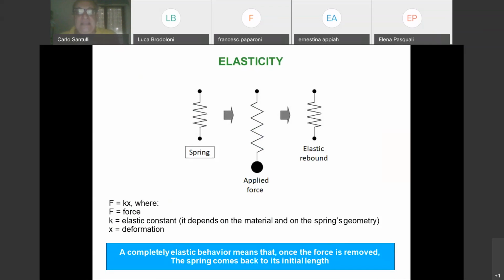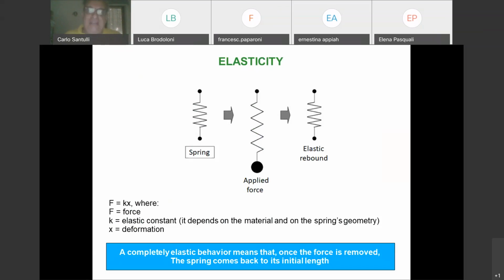in the case we apply a force, and then we extend it, so we have a spring. We start from a spring. A spring is an example of something that can be extended by an applied force, and then it rebounds completely if the spring is elastic. This is true in most cases for springs. Over time, springs tend not to be elastic anymore.